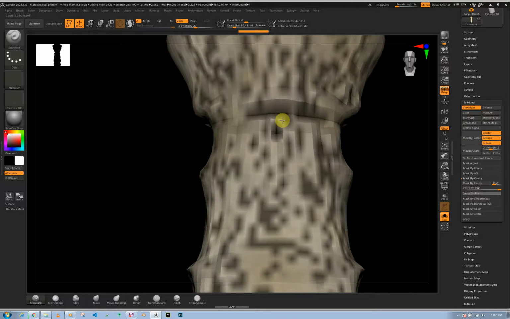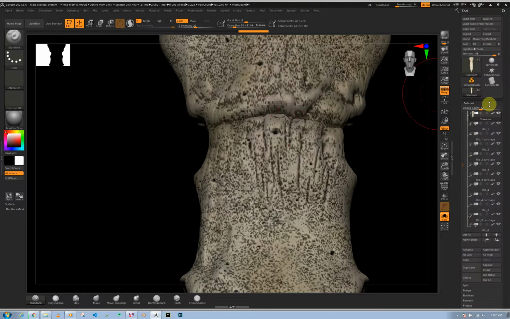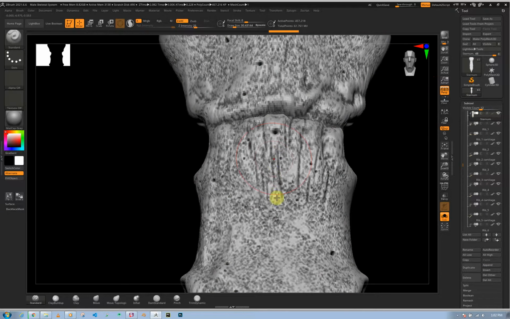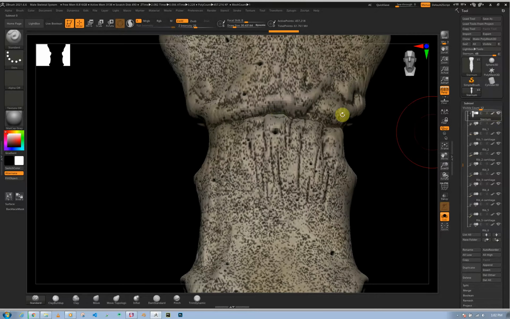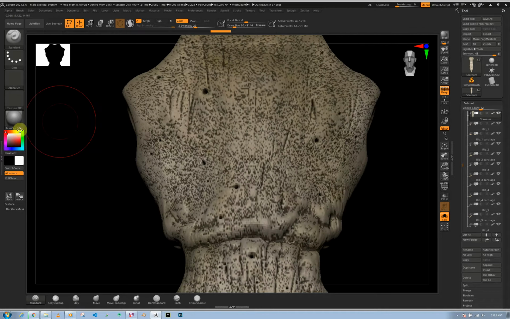There's this black and white. Let me just zoom in closely. So if I hide the texture, you can see we have that black and white going on over there. So this is what we're looking for. So once you have those details, what I'm gonna do with this mask already selected, I'm gonna click the basic